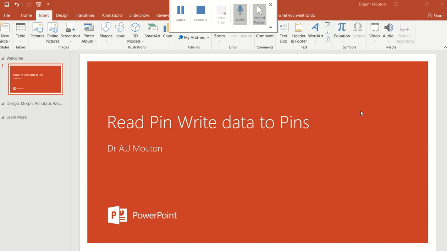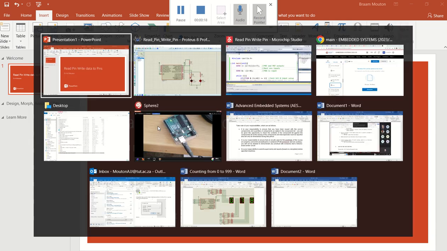With this video, I'm going to show you how I can read a pin. In this specific case, I'm going to read PB0 from the ATmega328P, and then I want to write data to other pins depending on what the value is on PB0. So for this specific